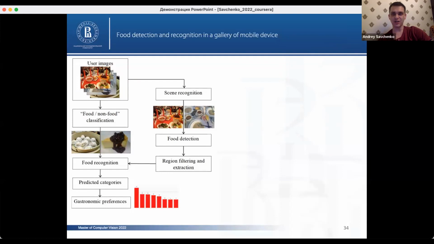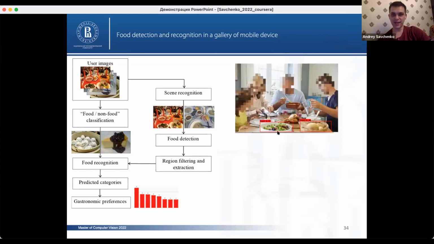So if this is a restaurant or cafe or some food is found, then you need to detect food in this photo. And after that, you need to classify the type of cuisine of this food. So if this is Chinese, Japanese, Russian food, or something like this, you will detect it, you will recognize it. So these 3 computer vision tasks are solved here. First of all is scene recognition. So is this a photo of a restaurant or cafe or something else. Then you detect food, and after this food detection, you try to recognize the type of cuisine of